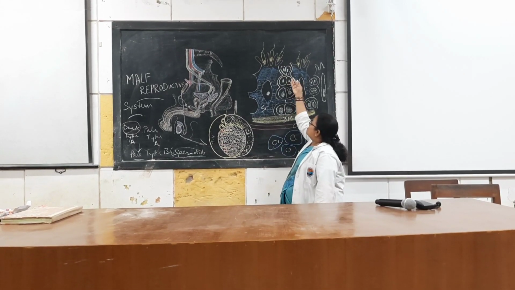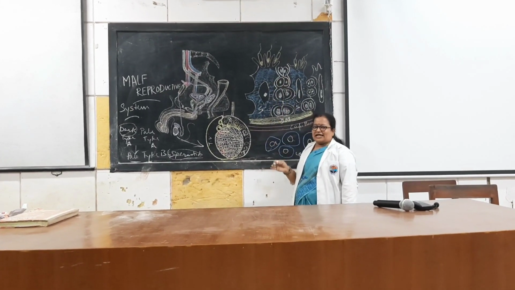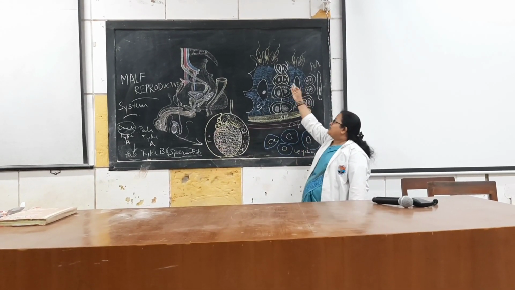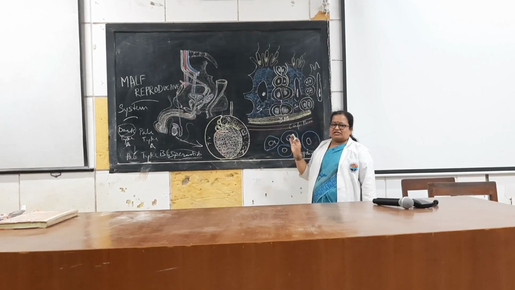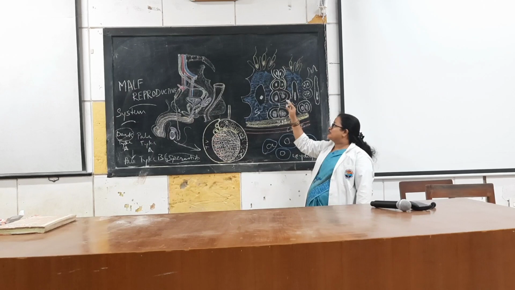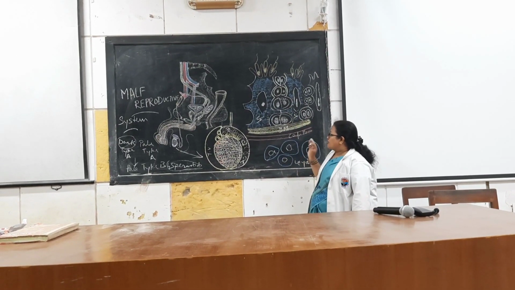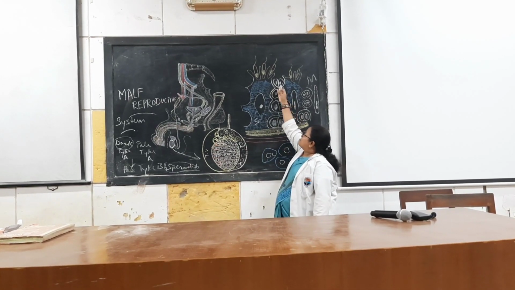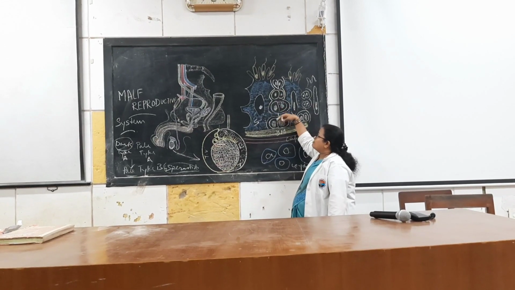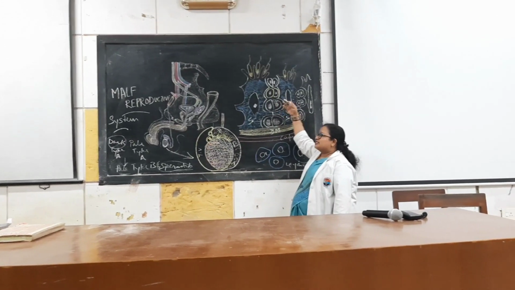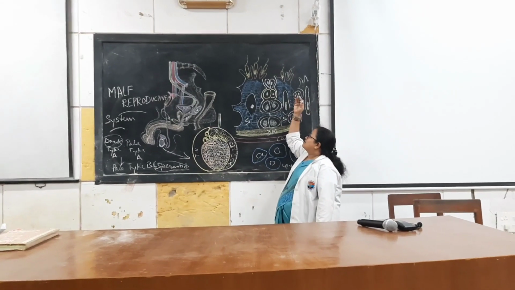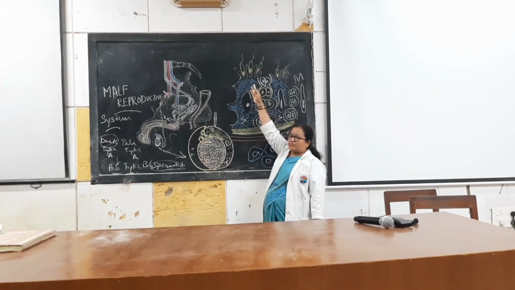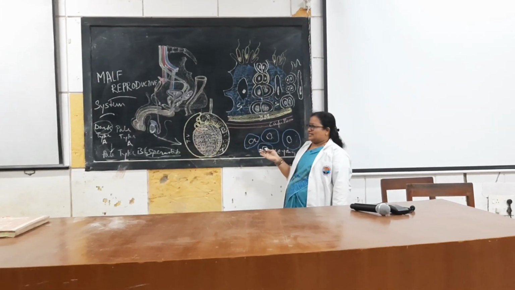So then these spermatids will undergo cytodifferentiation. Certain structural changes occur in the spermatids by which they will convert into sperms. The process of formation of spermatids from spermatogonial cells is called spermatogenesis, and it takes 64 days to complete. The cytodifferentiation, the structural changes which the spermatids undergo to form sperms, is called spermiogenesis.